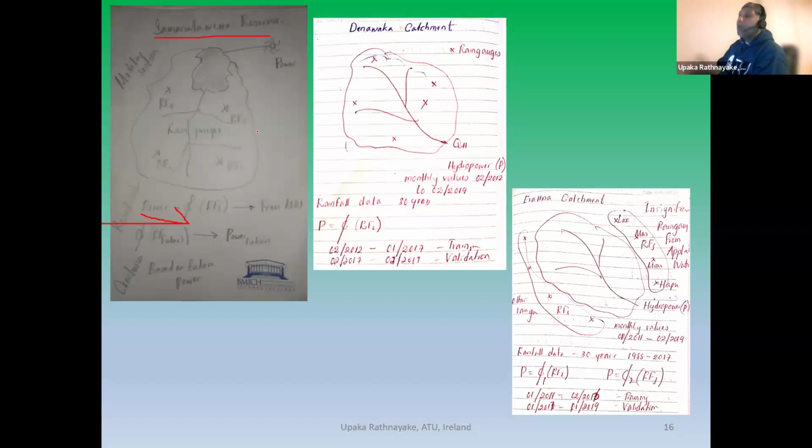And having said that, once the model is ready, if I can get futuristic rainfalls, for example, we have various ways of looking at rainfall in another 20 years, another 50 years, another 100 years. You have models developed by various researchers in the world. If I can get those data, I can feed them into my model, and I can tell the power generation in the next year, identifying the seasonal impacts and so on. So that's my starting point.